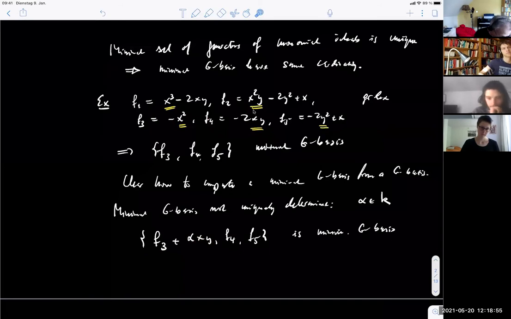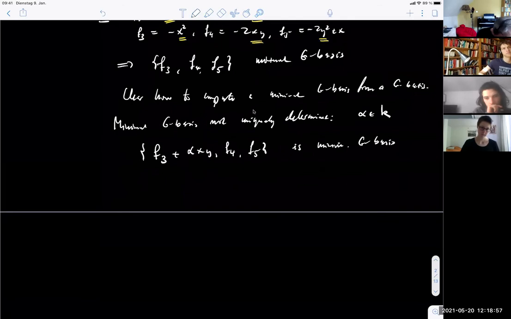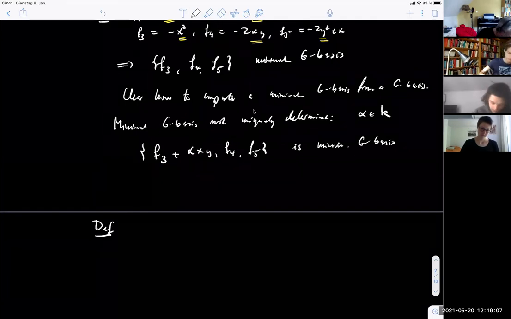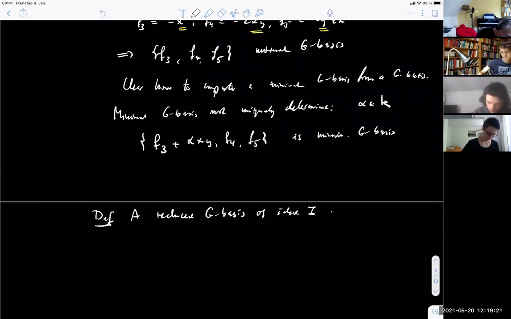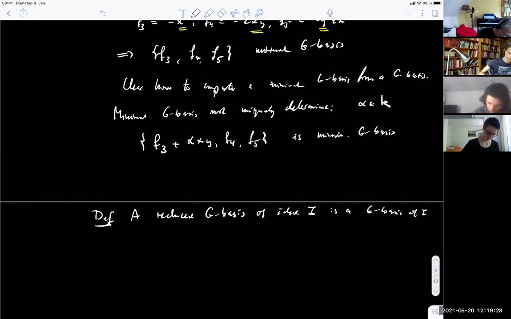And this leads to the notion of a reduced Gröbner basis. All terms, okay, let me write it. We want to have reducedness of all elements with respect to the other elements in the Gröbner basis. The definition. A reduced Gröbner basis of an ideal I is a Gröbner basis of I such that,